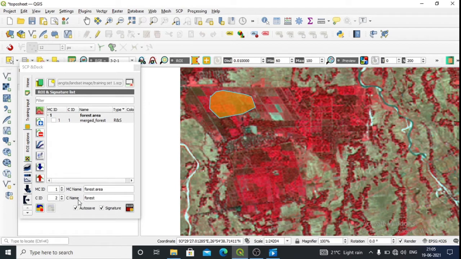Right click. So this MCI ID will be number 2. This is the second part, so we can give the name as agricultural area, and give the name as agriculture. Okay, then click on save.